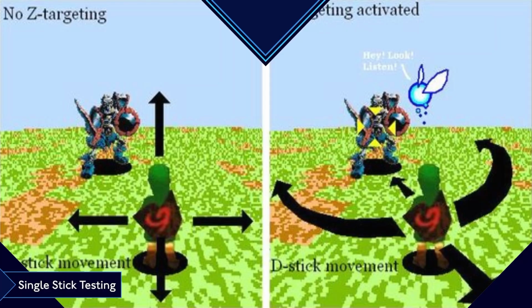So single stick testing is where you basically are not allowed to touch the camera, right? Just pretend you're in like Ocarina of Time and there's no enemy for you to Z target, right? If you just have the movement stick, what this will now do to you is you now have to ask yourself, whenever I can no longer just walk forward, what's the thing that's making the player understand where they have